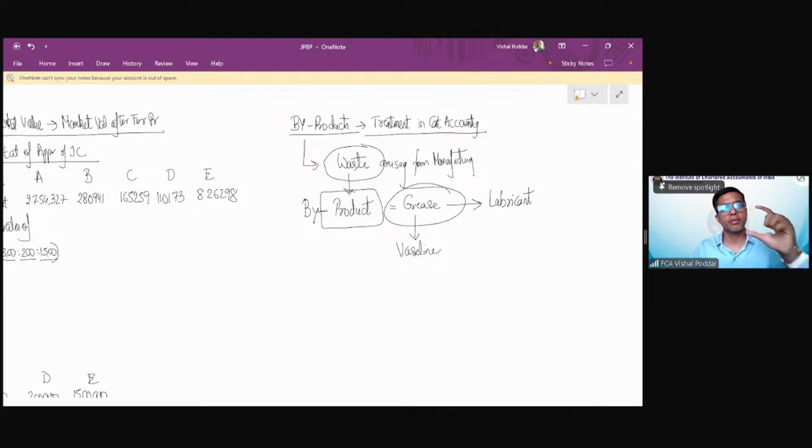If you just look at the Vaseline bottle, below somewhere, it is written as petroleum jelly. It is not jelly, it is the petroleum waste. But again, if they call it waste, maybe we will not like buying it. So they camouflage it, they give it a catchy name. Instead of saying petroleum waste, they call it petroleum jelly. Now understand this. So when I'm processing the crude oil, like in this example which I was explaining here,